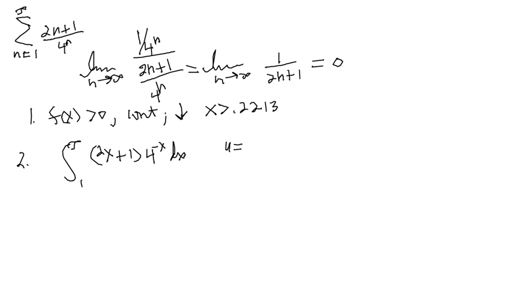You'll let u be equal to 2x plus 1, and then du is just 2 dx. And you'll let dv be 4 to the negative x, which means that v is going to be negative 1 over natural log of 4